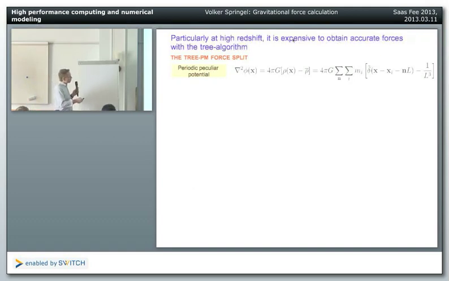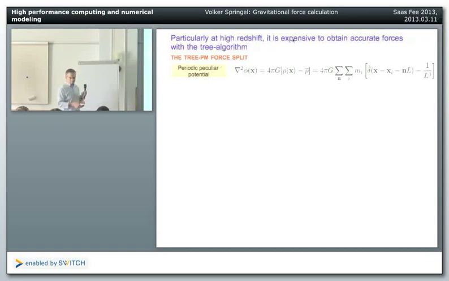We have the peculiar potential, we have the Poisson equation, that is what we need to look at in cosmology. We have the density minus the background density. That's the density fluctuation that's causing the seeding and sourcing the peculiar potential. And here on the right side, really what you have is spelled out in terms of